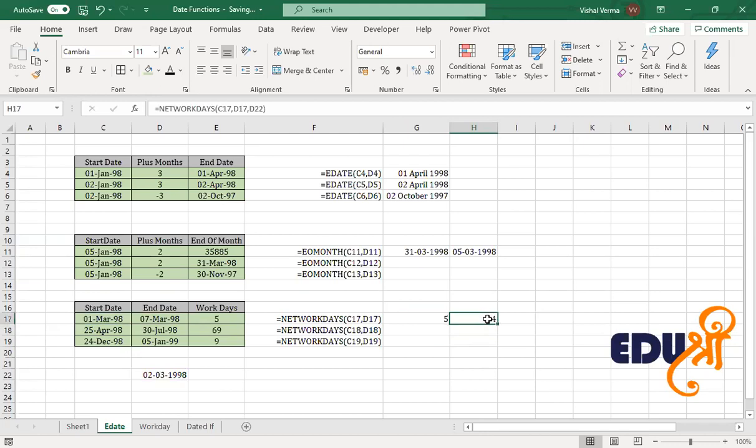So for example, if you are calculating for a month how many days a person has worked, and we do not want to count Sundays as work days, this function will help you eliminate Sundays from the working days. You have to specify that. So for example, if I put 03 1998 again as holidays.